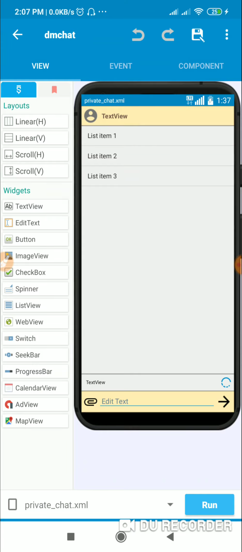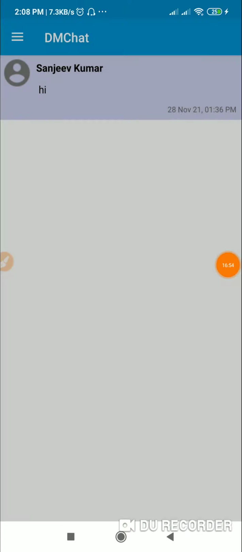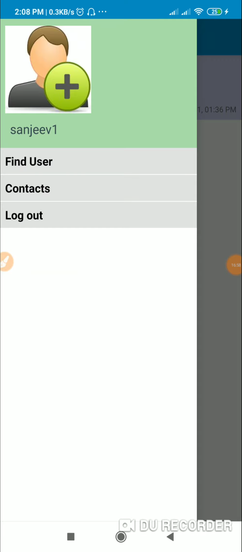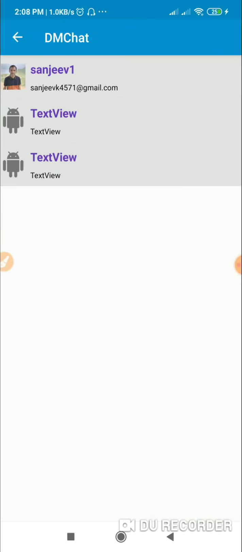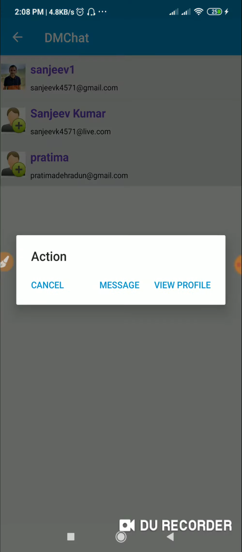But let's have a look at the app now. Okay, so here is the app. This is the main page, the contacts page, and I have sent a message to this user, which is Sanjeev Kumar.